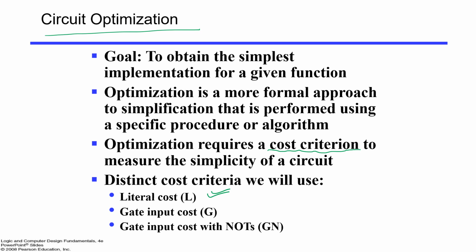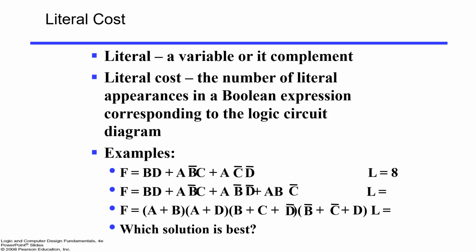Similarly, there is the gate input cost, where we look only at the AND and OR gates. How many inputs are going to the AND gate and OR gate separately. Once you add the NOT gate inputs as well, that is known as GN. So G is the AND, OR gate inputs, or any other gate. Mostly if your circuit is represented by AND, OR and NOT, then the AND OR gate inputs count as G, and once you club them with NOT gate inputs as well, it is known as GN. That is the simplest form. So we'll take a few examples, then it will be more clear, right?